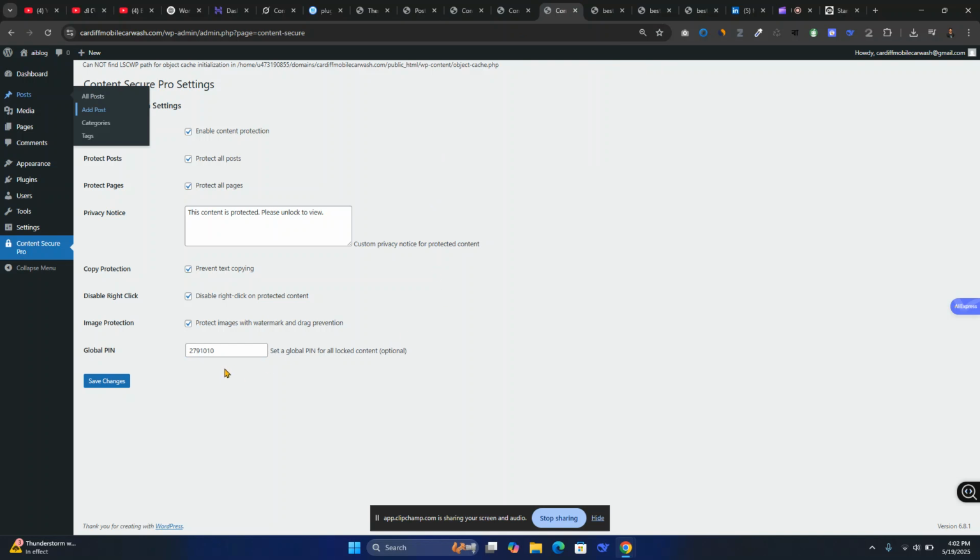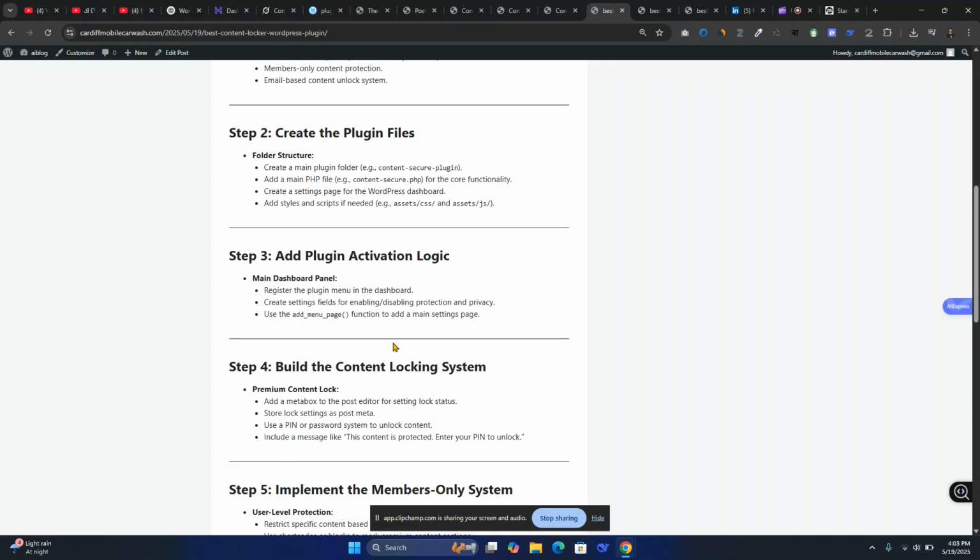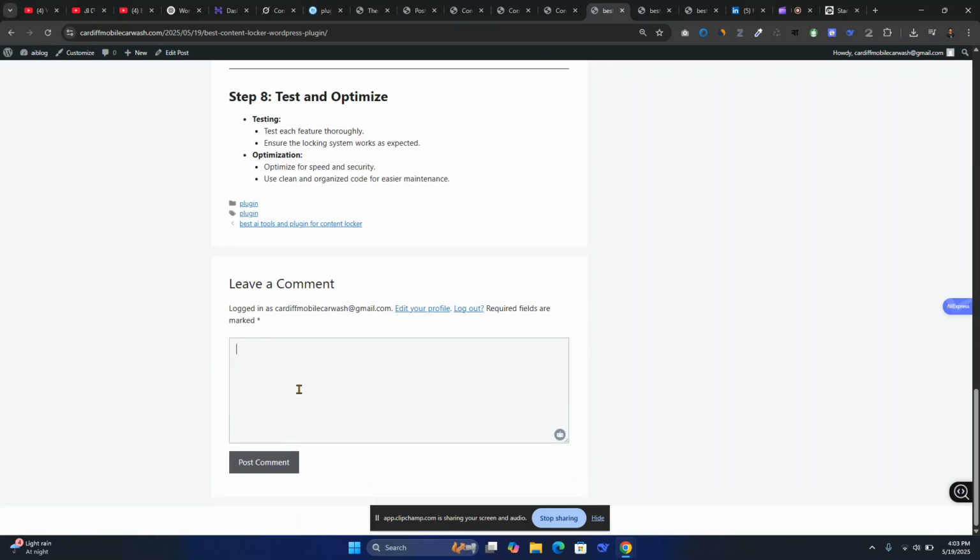This is a very simple post, and you can refresh it again. This is the global pin for every user. When they come and ask you for the password because the content is protected, anyone can comment here, and it will wait for approval. You don't have to wait for your pin number, because a user will come and read this content, and if anyone tells them 2791010 and posts it,